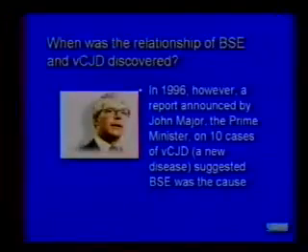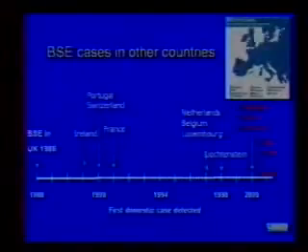Because by 1996, it fell to the Prime Minister at that time, John Major, to announce that there seemed to be a relationship between 10 cases of this new disease called variant CJD, and its relationship to BSE was suspected at that time. Since then, we have seen, in fact, BSE occur in other areas of Europe, and most recently,